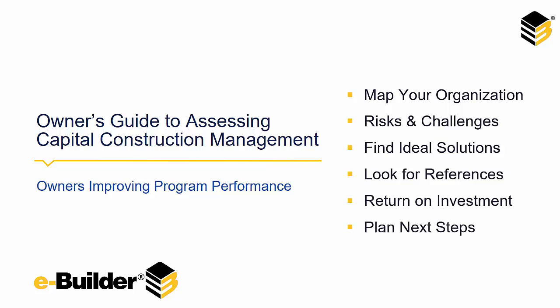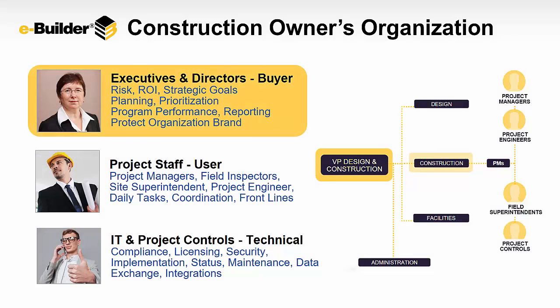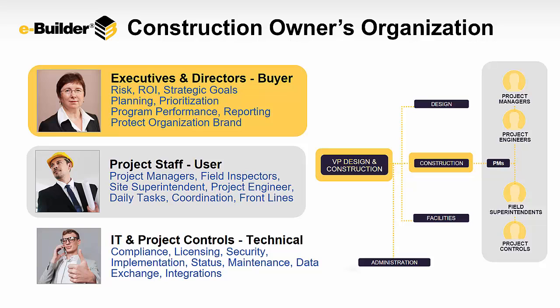assessment process. The first step is you want to evaluate each of the different stakeholders and roles in your organization. What are their responsibilities? What are their cares? What are their goals? What are the different processes that are involved in exchanging information between each of these stakeholders? And what's really important here is that you first start within your own organization, and then you potentially map out how you touch others in your organization, such as the end stakeholders or users of your facilities, or then also looking to how you have processes and touch points with your external contractors, or even in working with your design